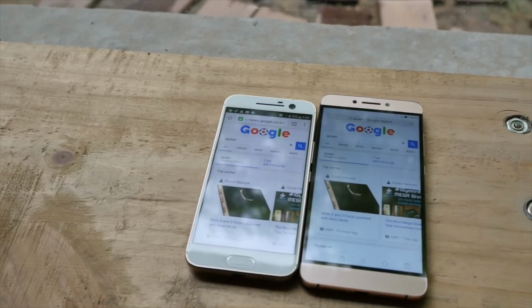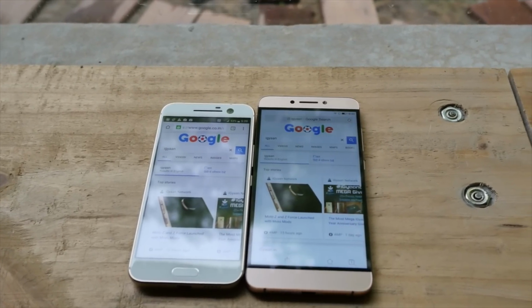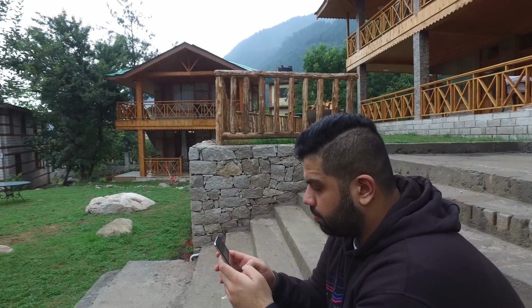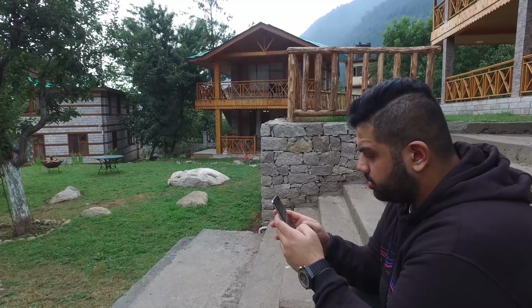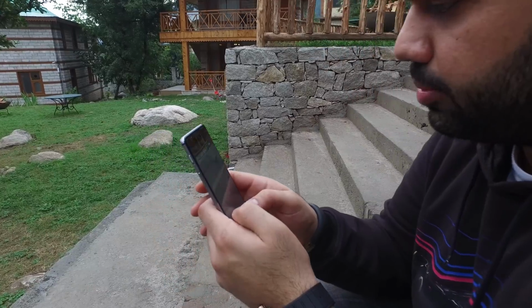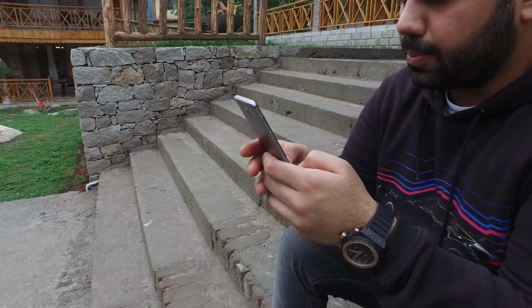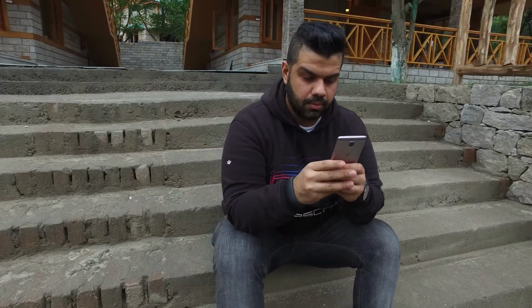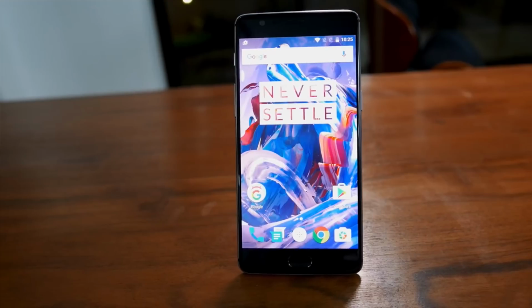LeEco has included a shift side keyboard, which allows you to shift most of the keyboard to the side that you're going to be typing from, so you can use the device with one hand. Still, reaching the edges of the screen is quite a difficulty. The OnePlus, on the other hand, has a 5.5-inch display, so it's a lot easier to reach. Also, the rounded edges don't hurt your hand when you're trying to reach those far places as they do on